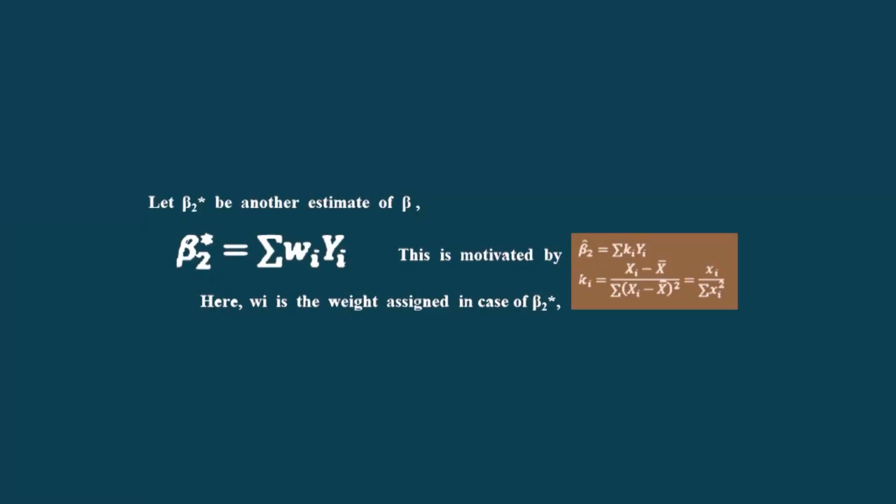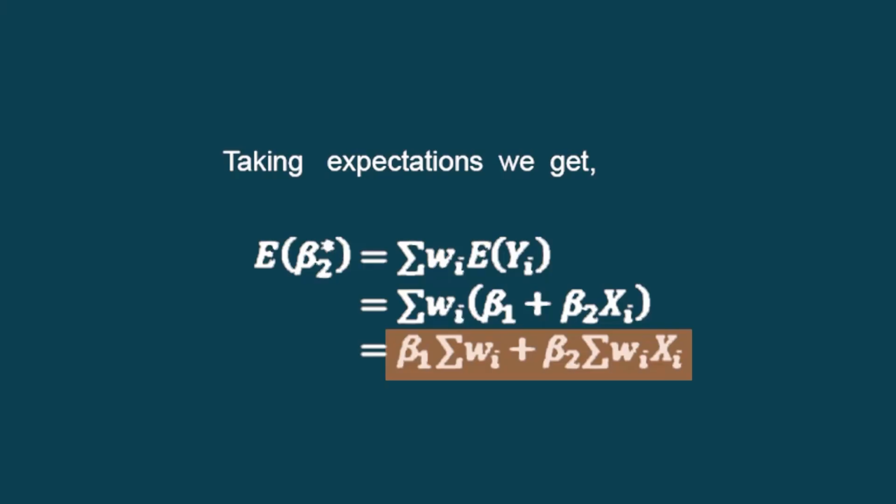So what we are basically doing is arranging the expression of beta 2 hat, which has already been done. Then, on the basis of the ki weight, we are writing in terms of wi yi. So ki takes a new name, wi, and then we take the expectation on both sides in order to show how, with the help of the expectation, we can boil down to the expression of the variance. On the basis of that, we can see that the summation of wi is 0,